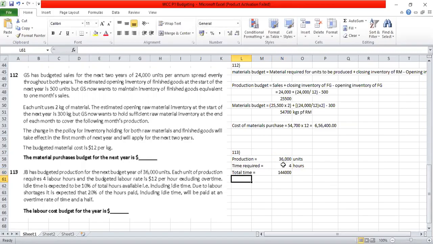So total time is equal to 144,000. What is the rate at which they are paid? The rate at which they are paid is